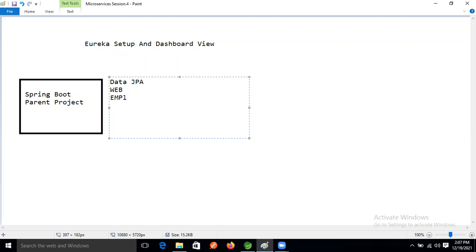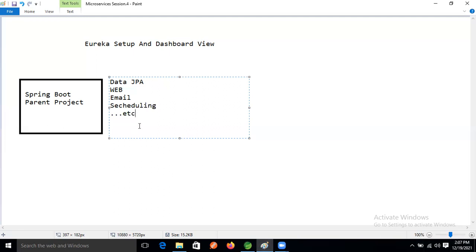Using the Spring Boot parent project, we can do email programming, and scheduling programming, etcetera.